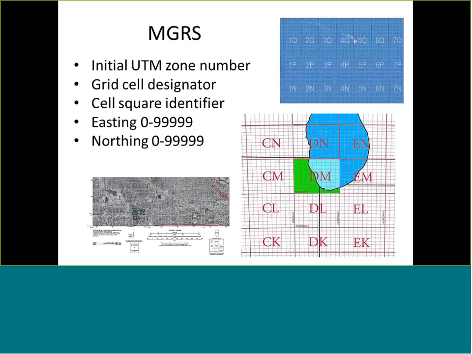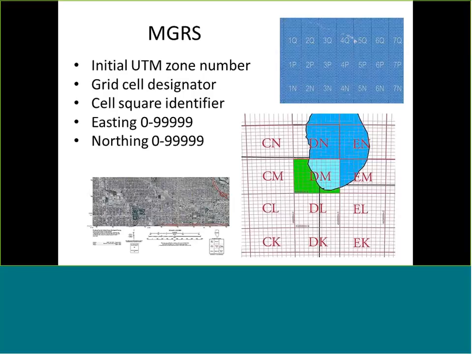So the military grid reference system, most of you will be familiar with this, but the way it works is we divide the Earth up into these 60 UTM zones, numbered from 1 to 60, starting at the 180th meridian and increasing in number as we go from west to east. Within those, we have a second set of numbers that are called grid cell designators. So we divide up the 6-degree wide cells into blocks of 8, or in one case 12 degrees, and assign